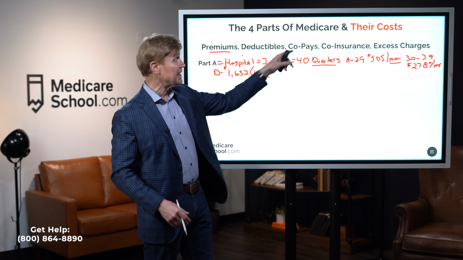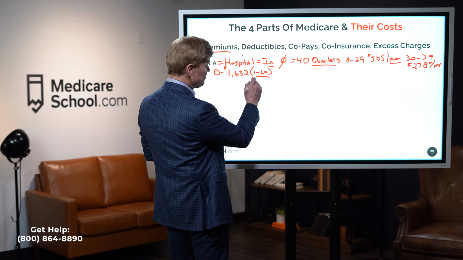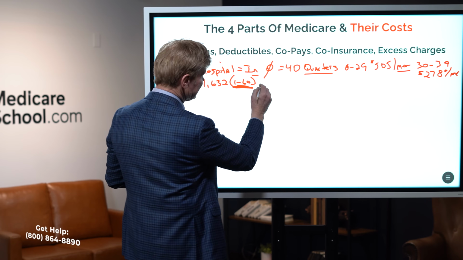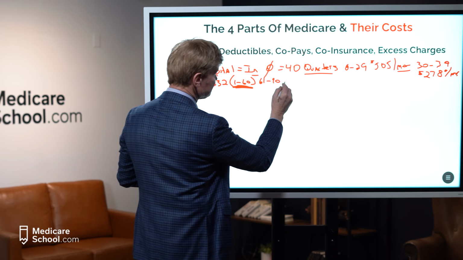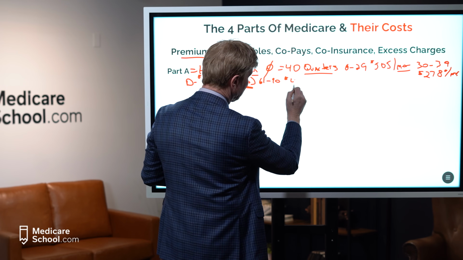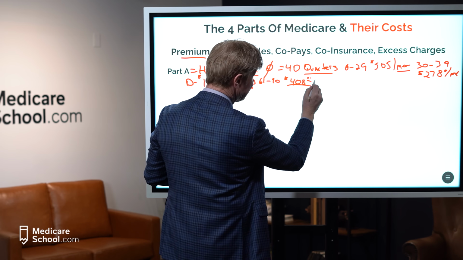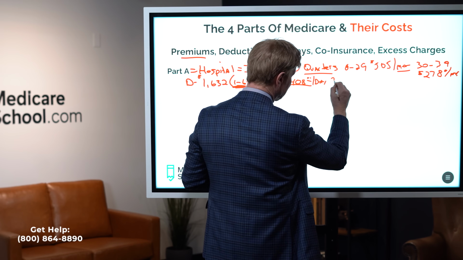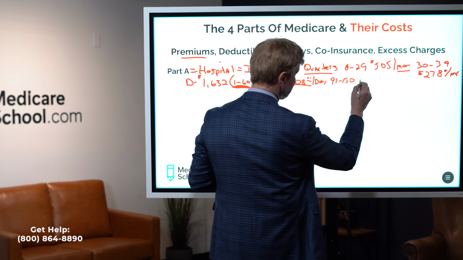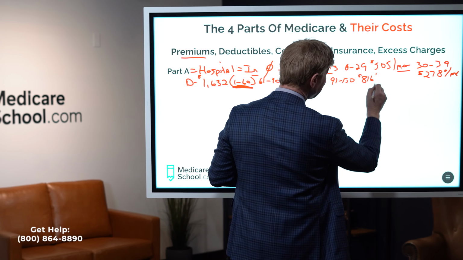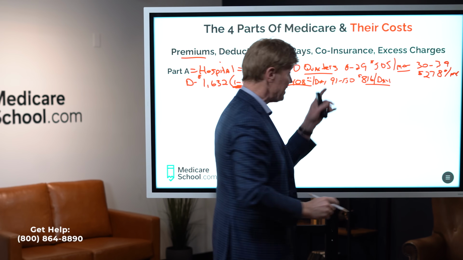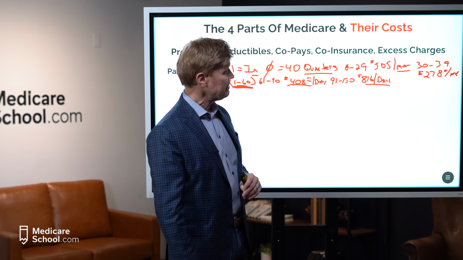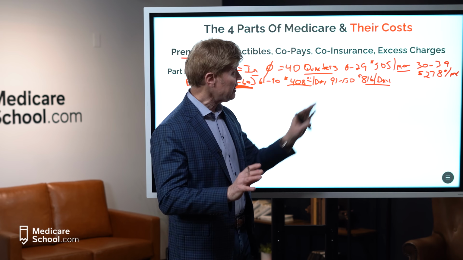Now we get into Part A copays. What this means is if I'm in the hospital continuously more than 60 days, once I get into that 61st day up to the 90th day, I have a copay this year of $408 a day. So that's month 3, $408 a day. If I'm still in the hospital after that, I'm really sick, 91 to 150 days in the hospital, now my copay doubles to $816 a day. Okay, so that's going to be month 4 and month 5. Pretty rare when these happen, but they do happen, and they are very expensive. All right, now that's going to cover us in the hospital.